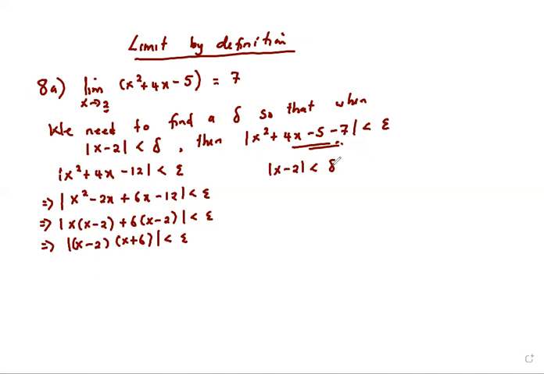Now, we already have an idea that x minus 2 is less than delta. So now let us assume that delta is equal to 1. We always want to assume delta is equal to 1 because it has an easy approach, leading us to getting to the bounds that we want on the other side. So when delta is equal to 1,